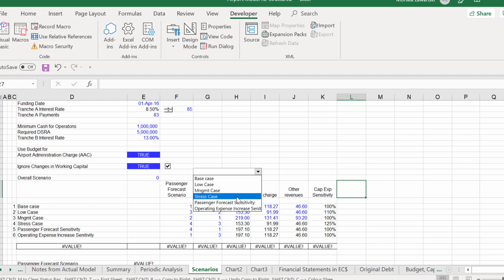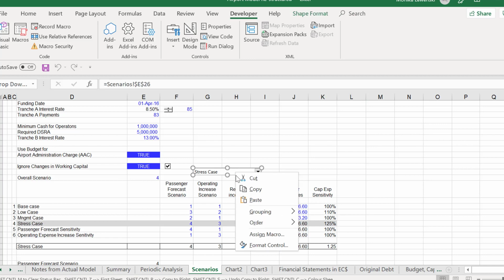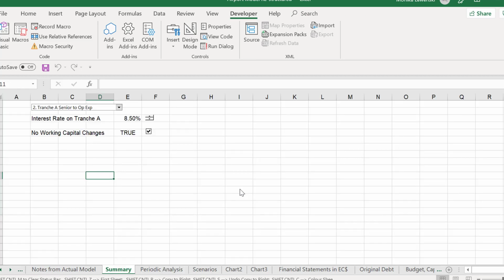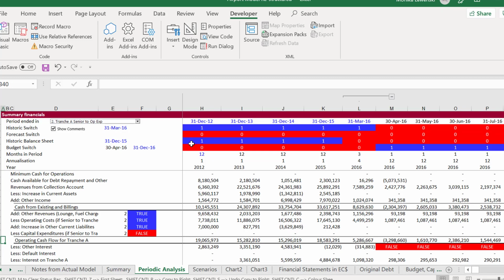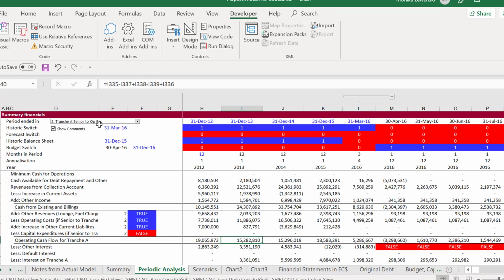If I'm trying to make the stress case, what kind of structure do we have in the stress case? What happens to our scenarios in the stress case? In other words, what happens to the default? I'm finally going to get the right answer out here, and maybe we should also copy this to our other model so we can see what's going on.